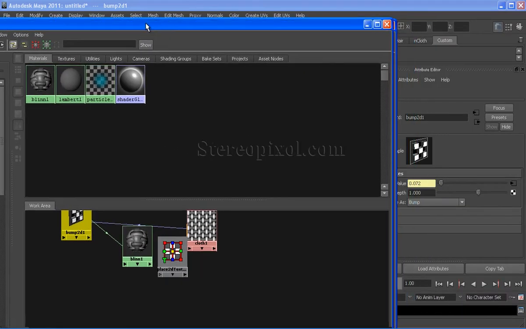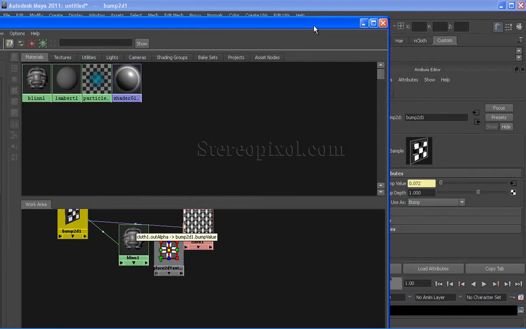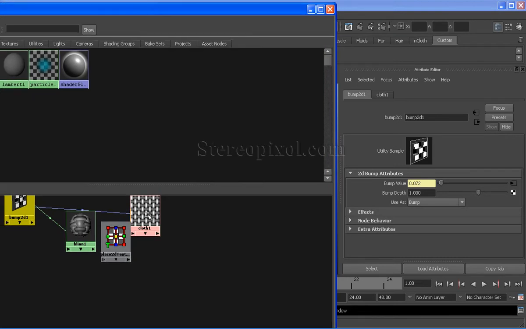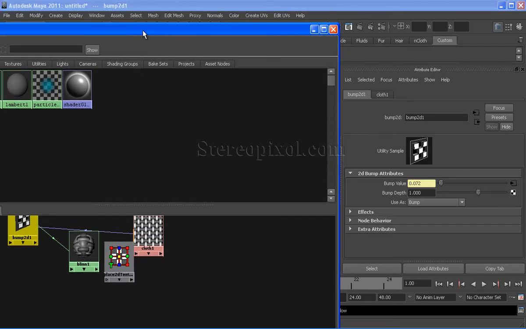And if I select the bump 2D node, I will see in the attribute editor there are two values. First of all, the bump value, and the second is the bump depth. Basically, the cloth texture or whatever texture we will put in our shader, it is connected in the bump value, and the depth we can control by the bump depth.